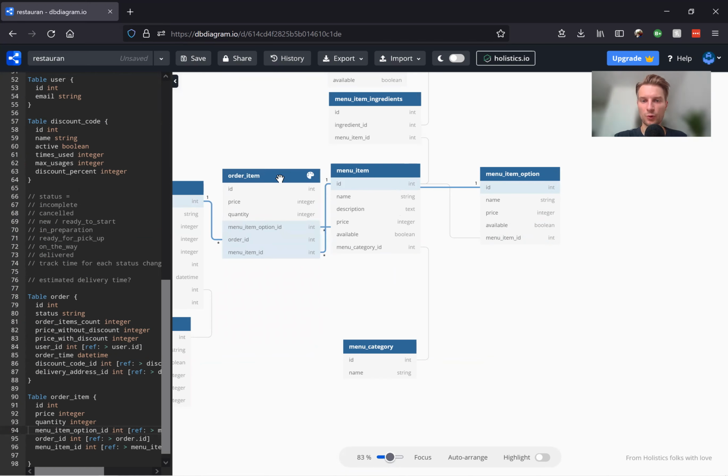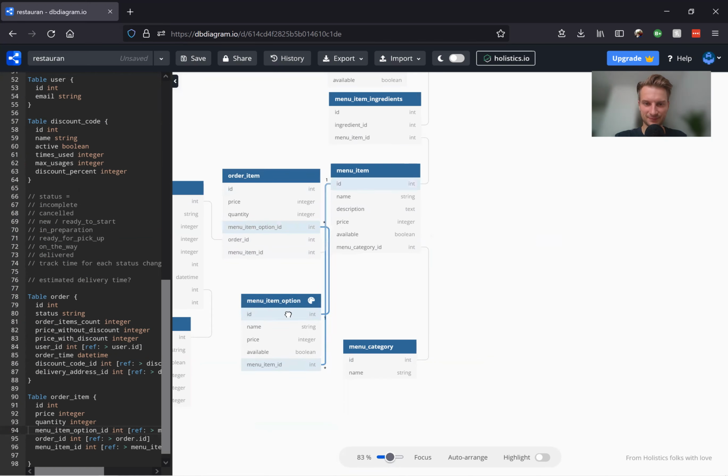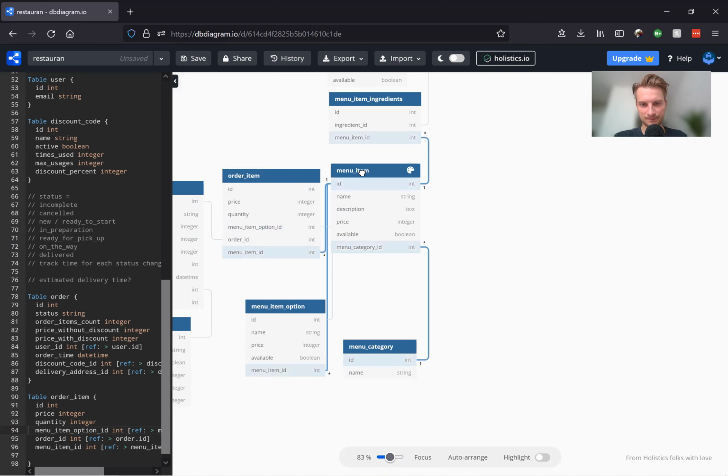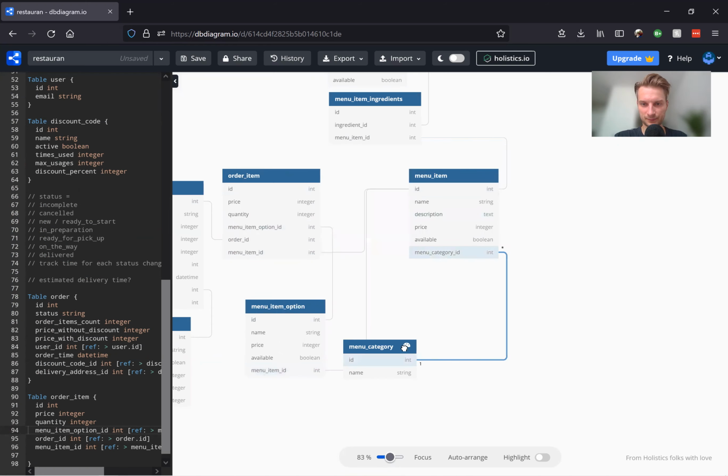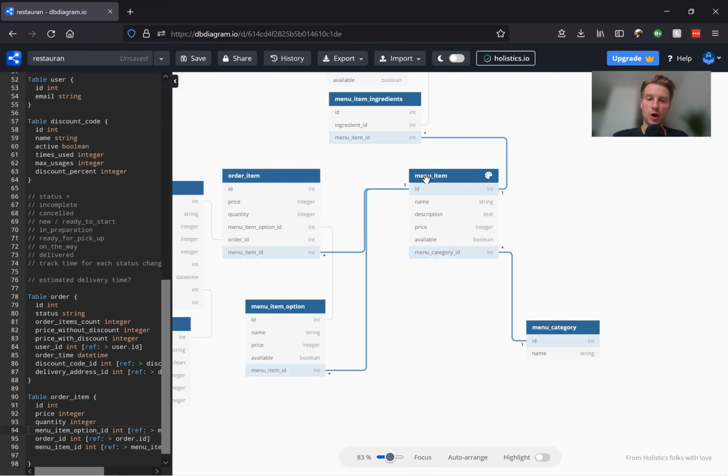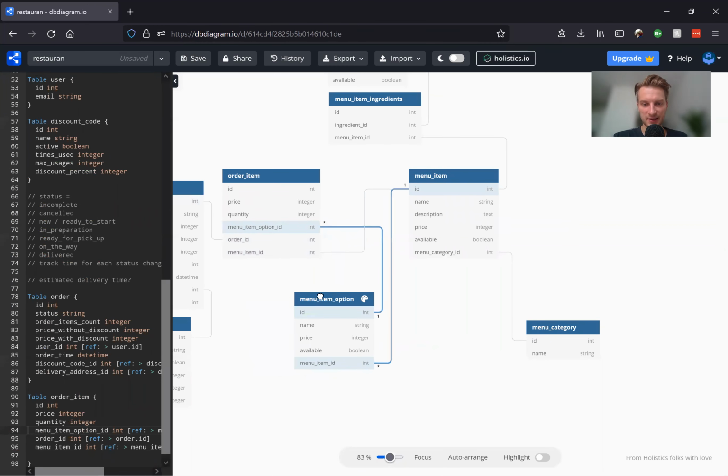Now, how do we make it more visible? Something like this. So a menu item can have many menu item options, but an order item can have just one menu item option. It has a name, a price,